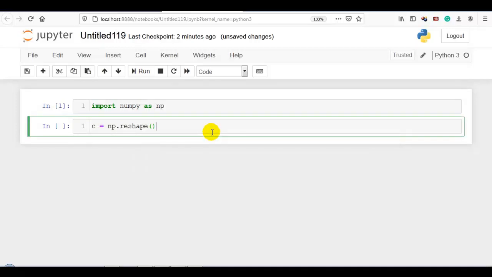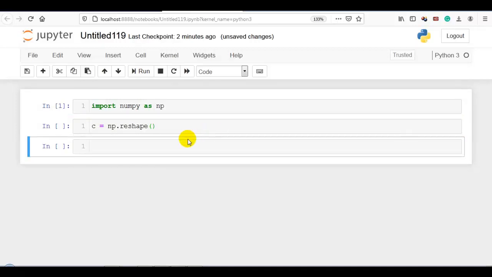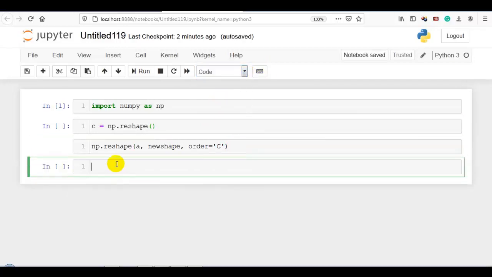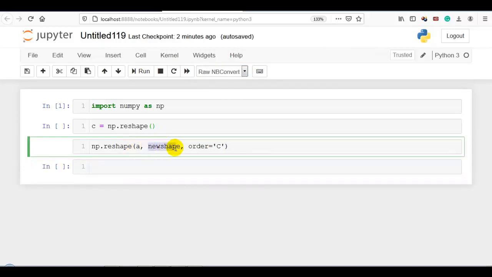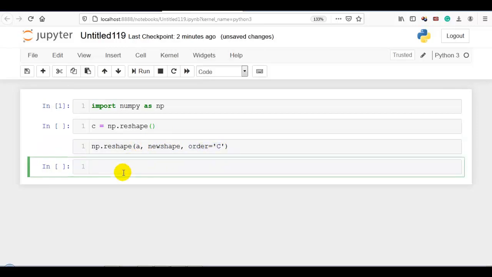Let me copy this and paste it over here. Now you can see it requires 3 parameters. In the first argument, a, we have to pass the array. Second argument, new shape, the new shape you want to give.